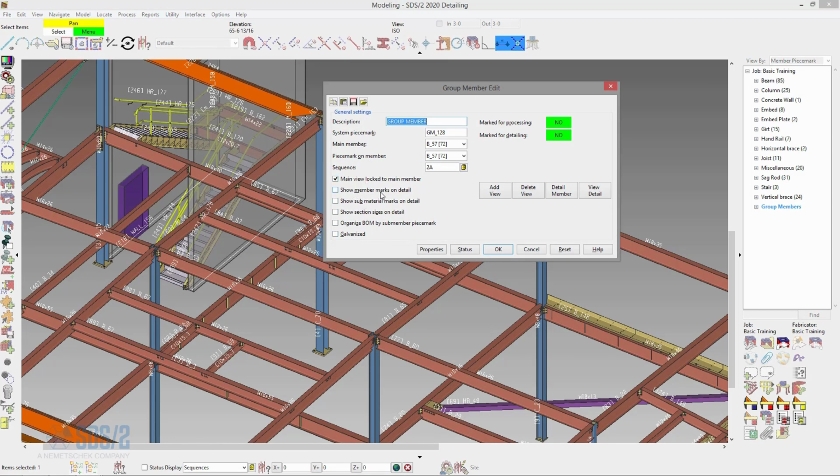So I can show member marks on details, submaterial marks on details, show section sizes on details, and then I have an option to organize bill of material by submember piece mark. So if I were to say organize BOM by submember and show member marks on detail,